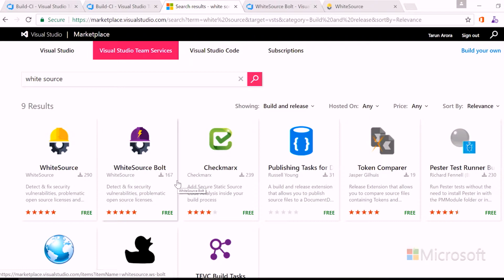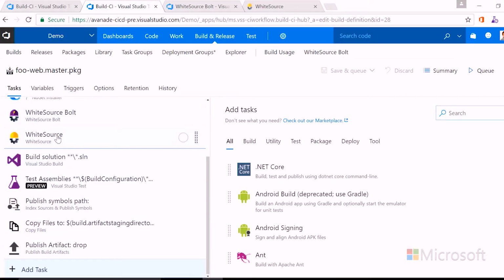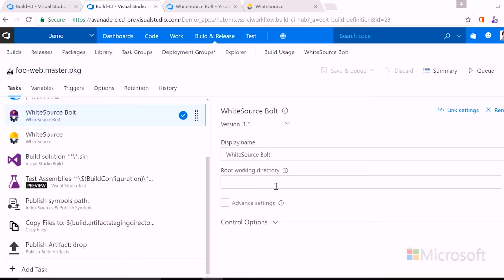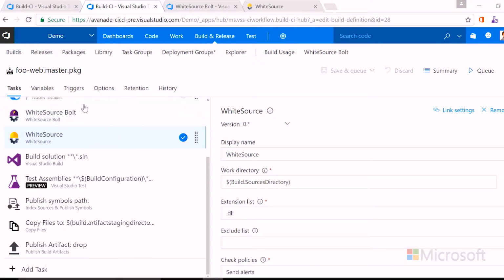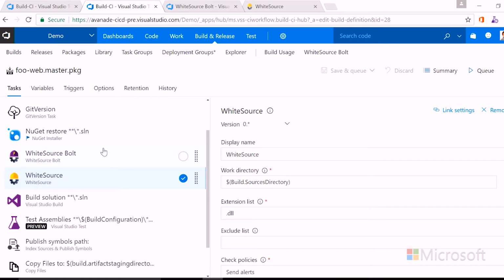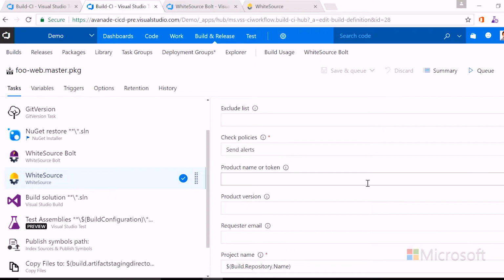They're effectively free for a trial period, and one of them is free. You just have to sign up on the vendor website, but you can read up because the licensing conditions keep changing. So having installed it, I've added it to my pipeline here, and I don't need to do any specific configuration. I just need to have it at some point in my pipeline after the NuGet package restore, so that it can get the packages that it needs